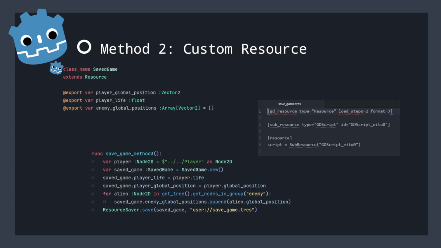And you can create a custom class that extends a resource, just like you could create a custom class player to extend Node2D or character 2D. Basically, this allows you to have certain variables that you're going to store things in when you save the game, and then when you call your save game function or method, you're basically calling the built-in ResourceSaver.save on that class. Now this is a little bit better because you get nice human-readable text as the output, but